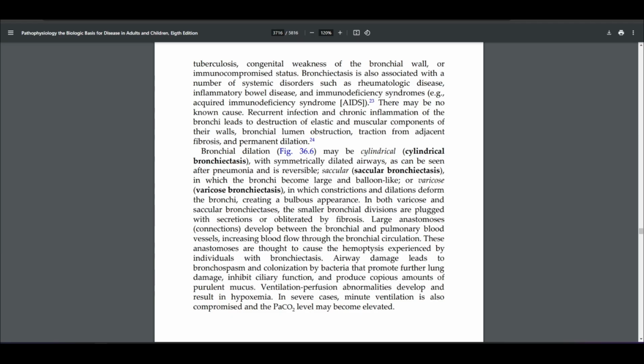Bronchiectasis is also associated with a number of systemic disorders such as rheumatologic disease, inflammatory bowel disease, and immunodeficiency syndromes, such as acquired immunodeficiency syndrome, AIDS. There may be no known cause whatsoever. So recurrent infection and chronic inflammation of the bronchi lead to the destruction of elastic and muscular components of their walls. Bronchial lumen obstruction, traction from adjacent fibrosis, and a permanent